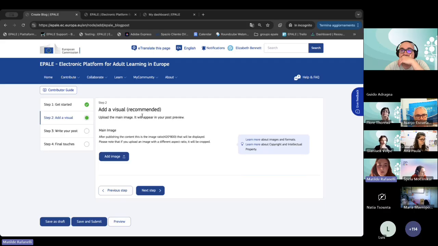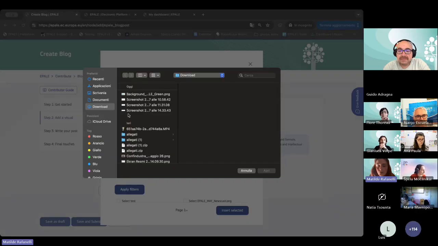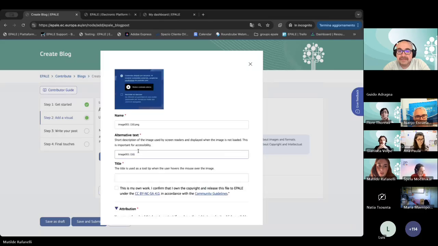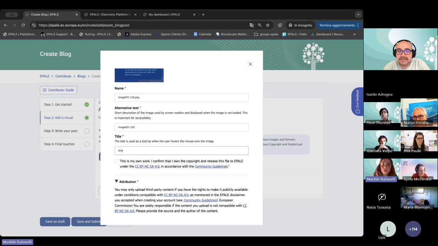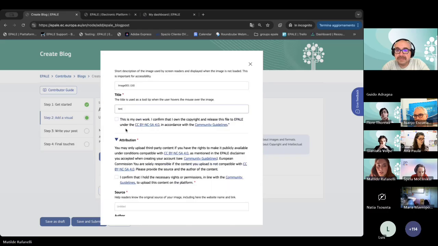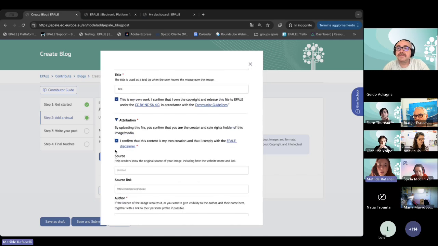The second step is related to the visual, to the cover image that will be displayed at the beginning of your content, and you can add an image from here. Like I was telling you before in the organization form, you can choose an image and you will have to write the name, the alternative text, also the title, and you can choose between confirming that this is my own work and going directly ahead, also confirming that this content is my own creation,